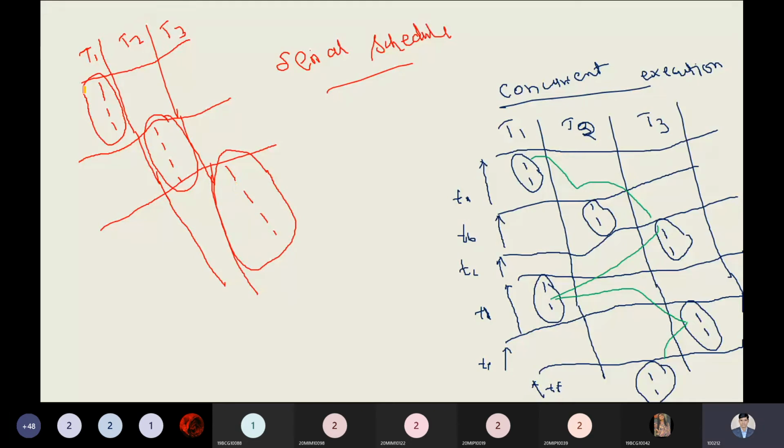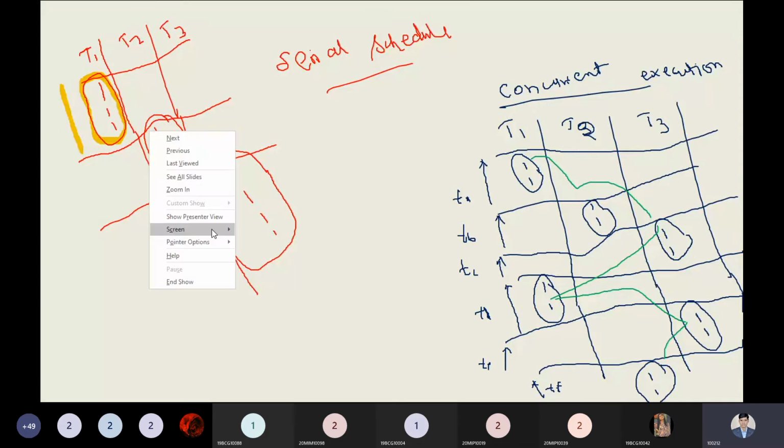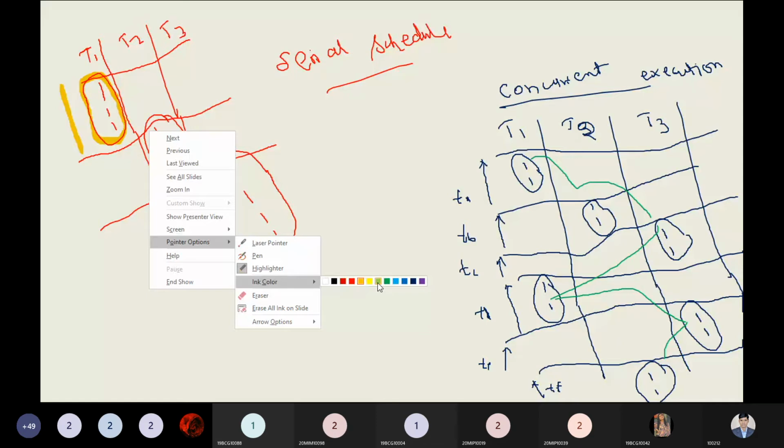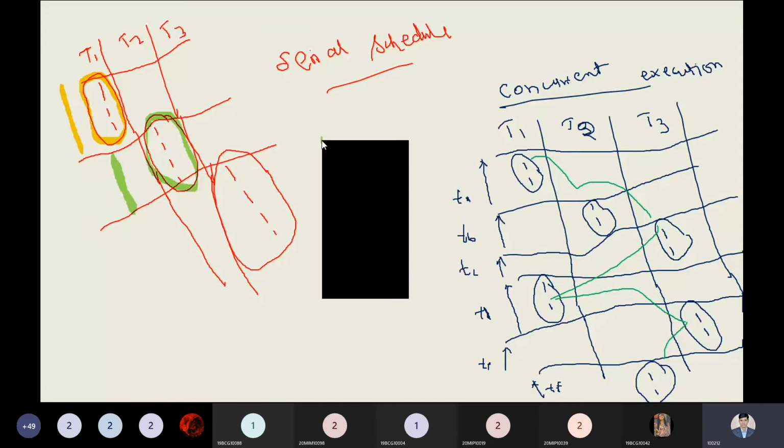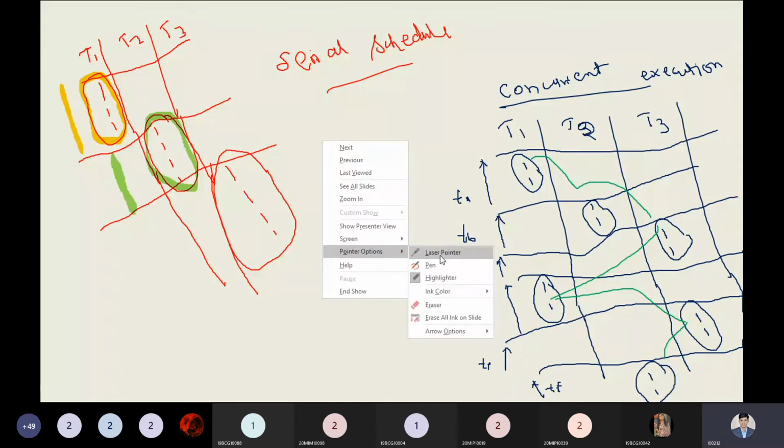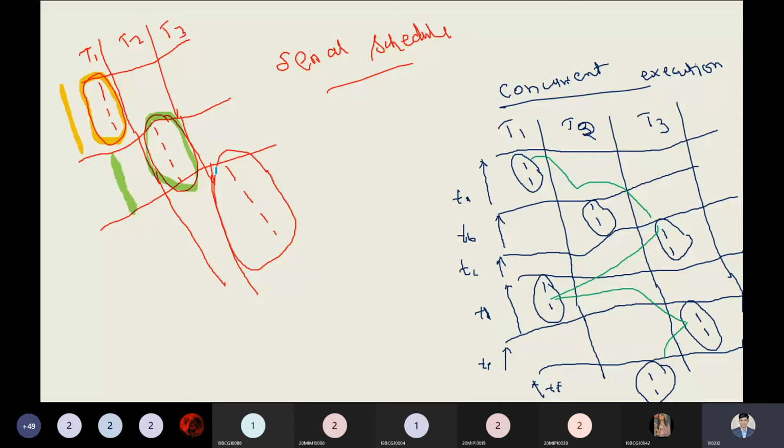This is the time I'm giving to the transaction T1. This is the time which is to be allocated to transaction T1. Now this is another transaction I'm highlighting. It's sequential: after completing transaction T1, this time is given to transaction T2. Next, I have another transaction, the third transaction T3. In transaction T3, you can observe that this time is given to it, and it has this time.